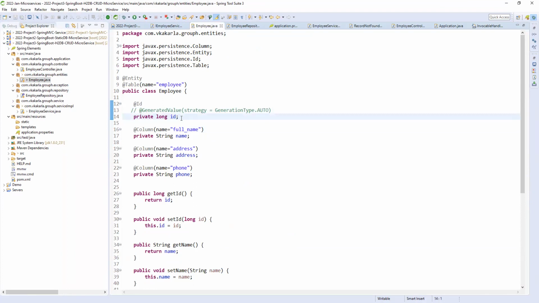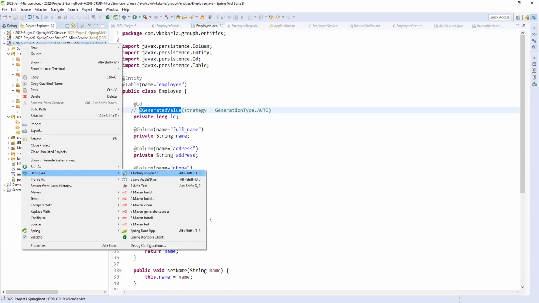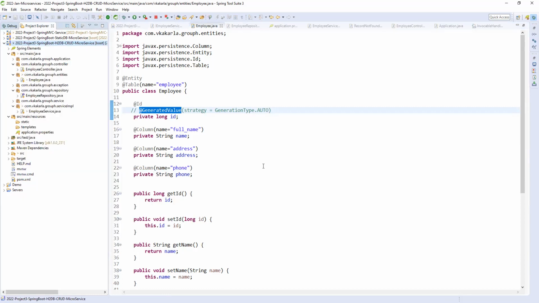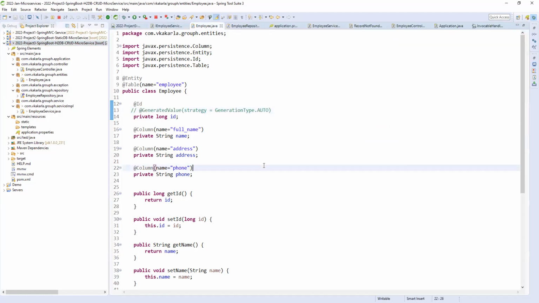Whenever you are giving a generated value, the database will take care of your IDs, right? So whatever ID you're passing, it will not take. So now it should take. Okay, good. Fine.